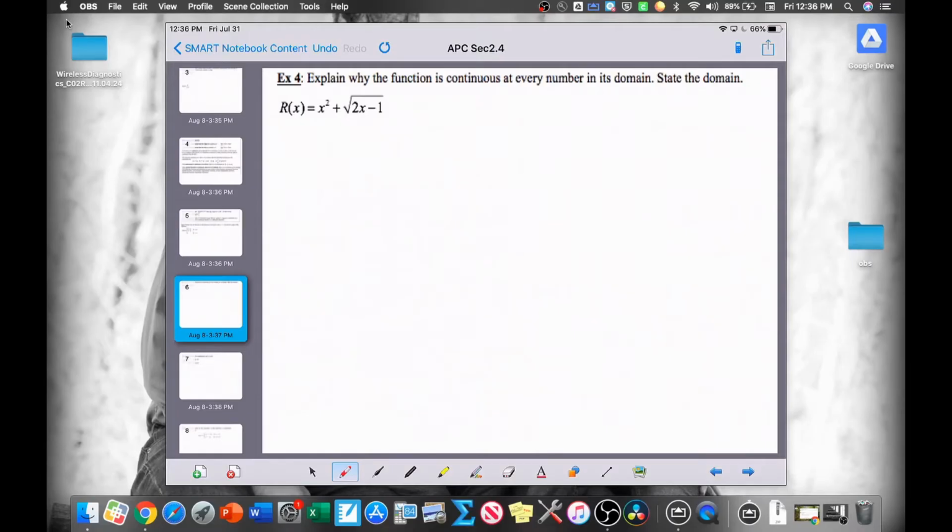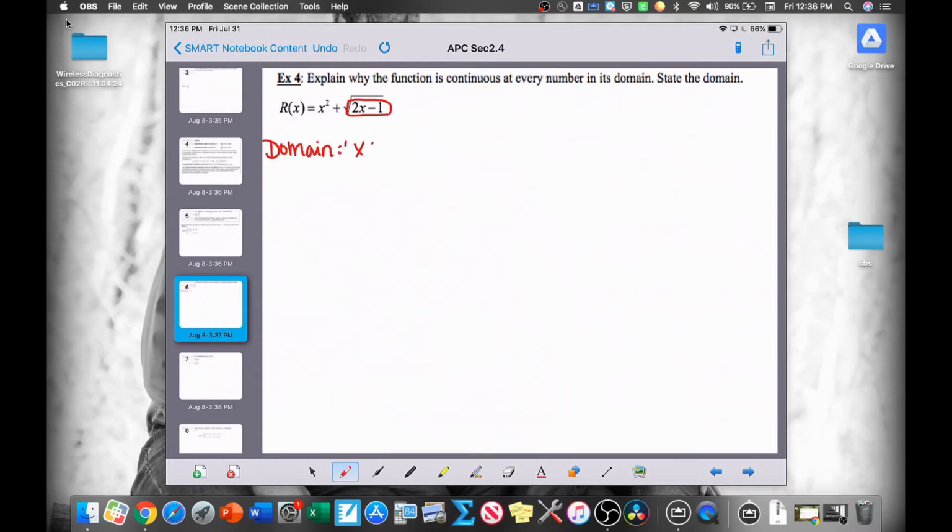In example 4, we're asked to explain why the function is continuous at every number in its domain and then state the domain. R of x is equal to x squared plus the square root of 2x minus 1. The part of the function that we need to be concerned with when we think about domain is the square root of 2x minus 1, because we have an even root. So we would say that our domain for this function would have to be that x has to be a number,